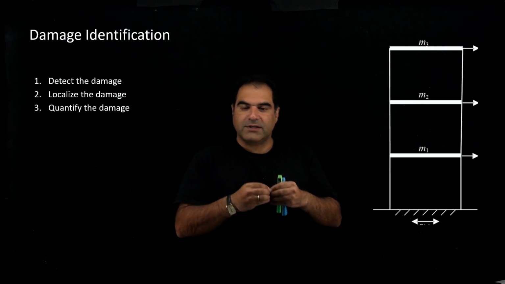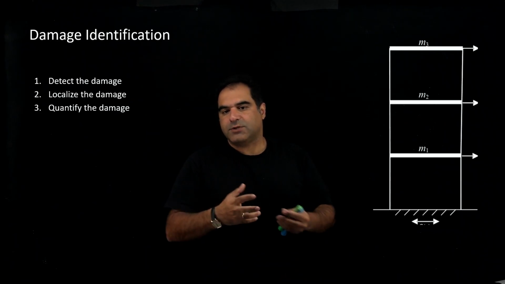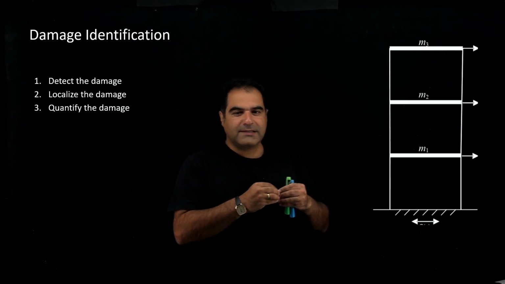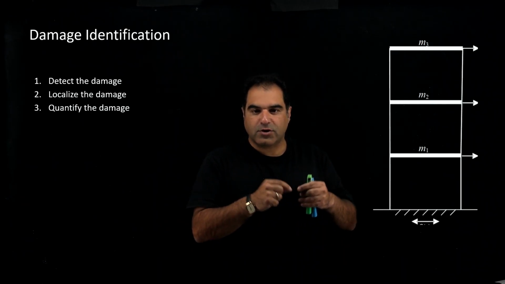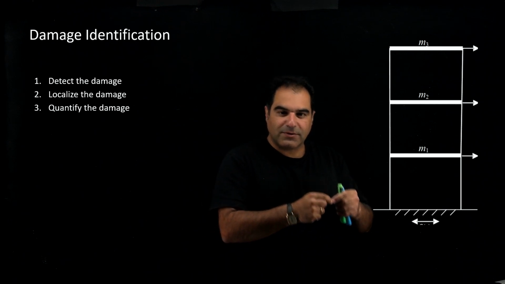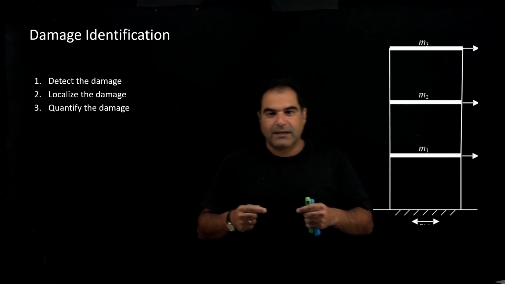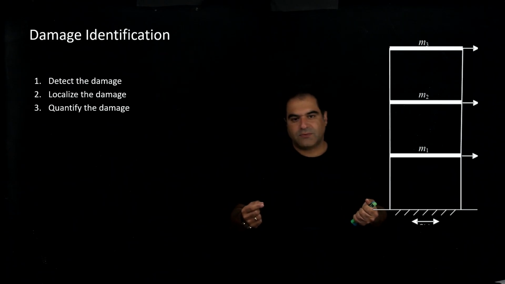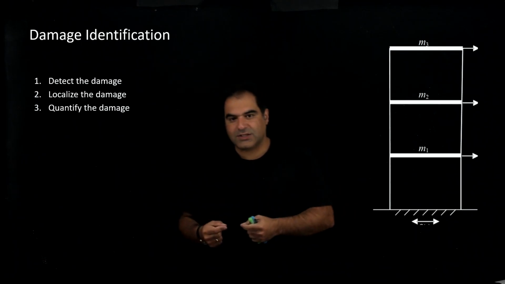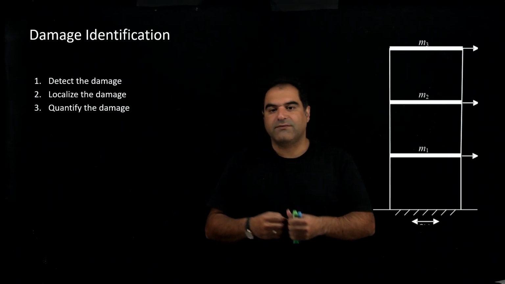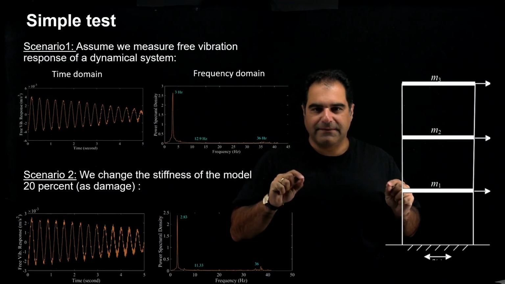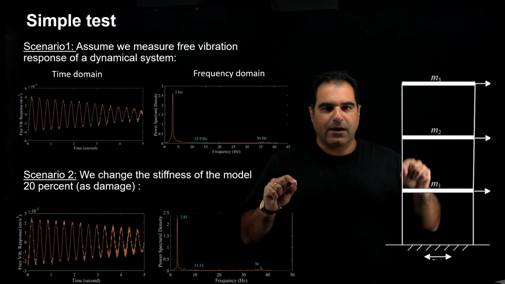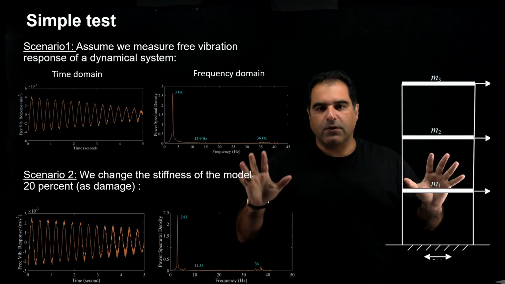Is it, for example, for a mechanical system, a vertical axis machine, the right time to replace the bearing? Or if it is not, can we anticipate the right time to replace the bearing or not? Then this is a damage identification problem, which helps us to make risk-informed decisions for the mechanical or structural system we are working with. For example, assume that I have the free vibration response of a specific floor of this